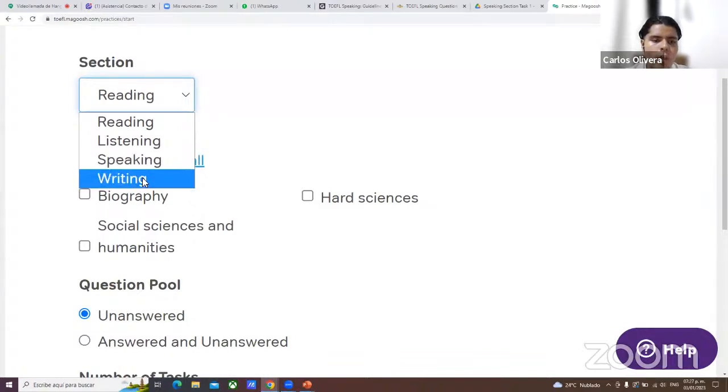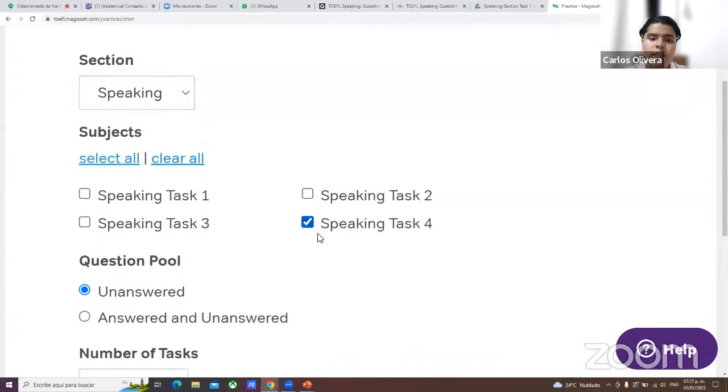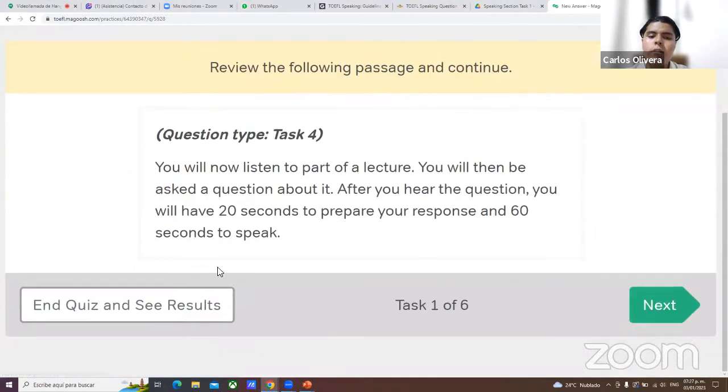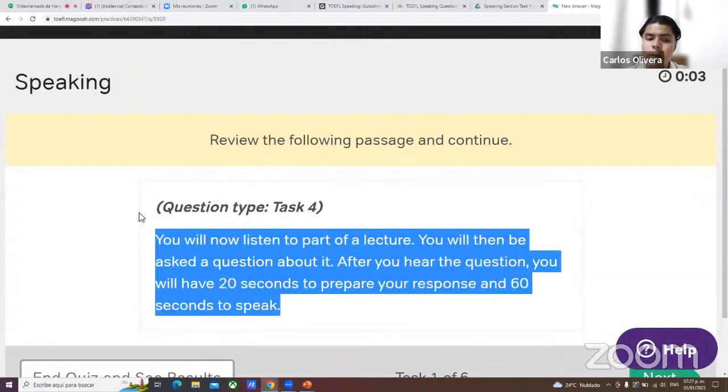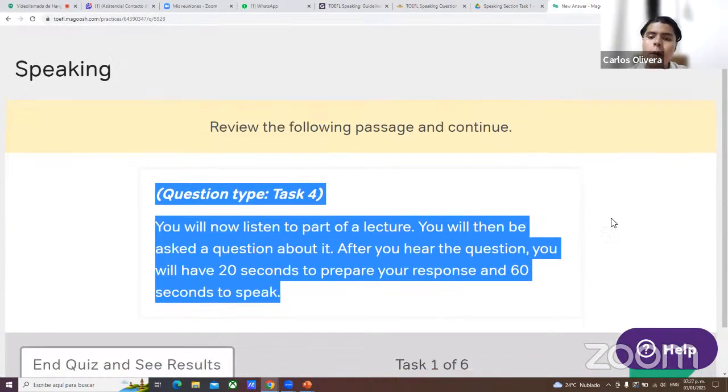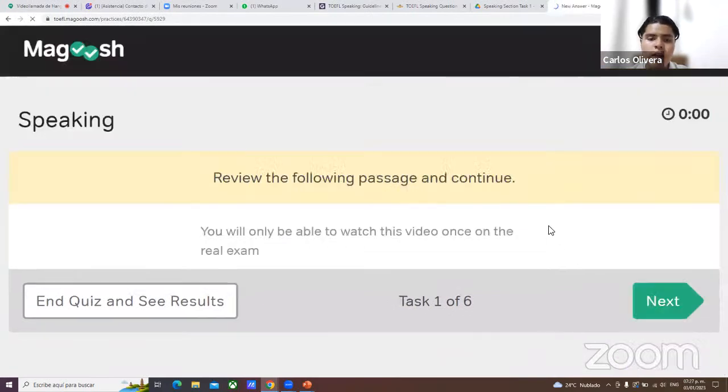Well, when you go to the speaking section, task number 4, let me show you what is going to appear on your screen, okay? A very identical picture, I would say. So the first thing that happens is that when you're in question number 4, you get a set of instructions. You don't need to read this. Well, at least it's not necessary because you know what to do, right? You simply listen to the lecture, you get 20 seconds to prepare a summary and 60 to deliver it. Well, you press next, all right?